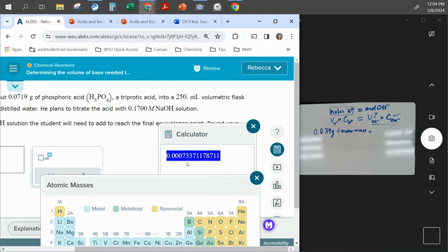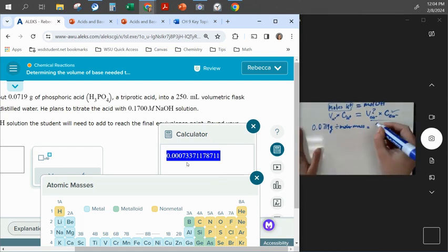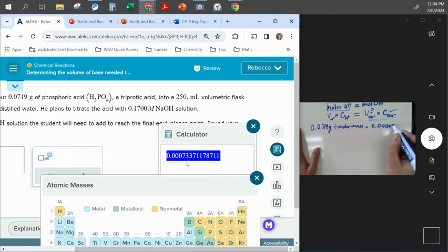This is the number of moles of acid. Oops, I wrote an extra one. 7, 3, 3, 7, 1. So this is moles of